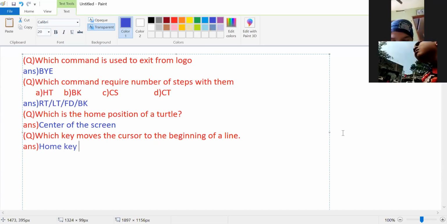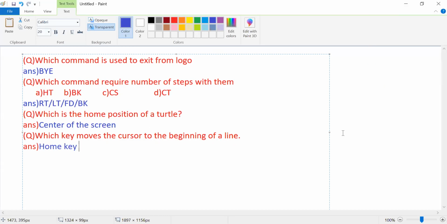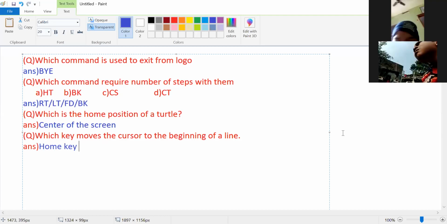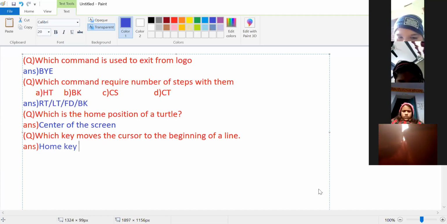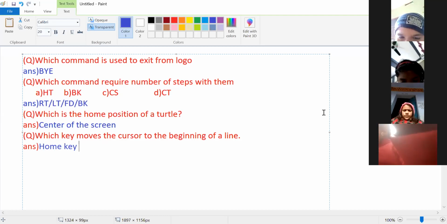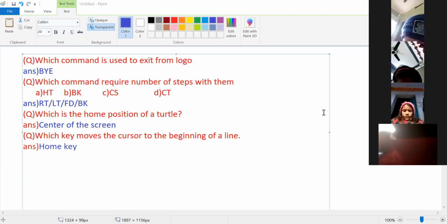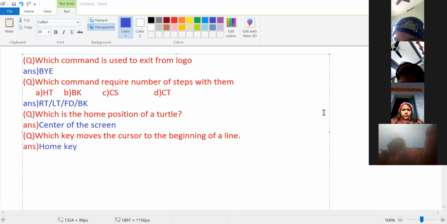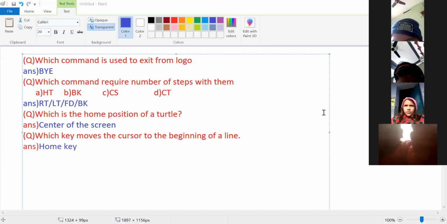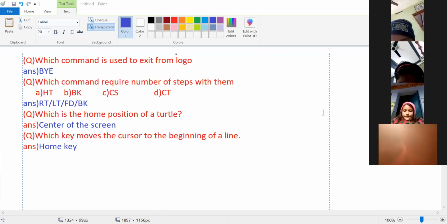Some students like Khushi Kumari are not answering any question. Anugya Lakshmi, why are you all here? Sir, I am answering in the chat box. Yes, sir, I also. Some students are answering in the chat box. Akshat is also writing the answer. So at least you can write in the chat box also.